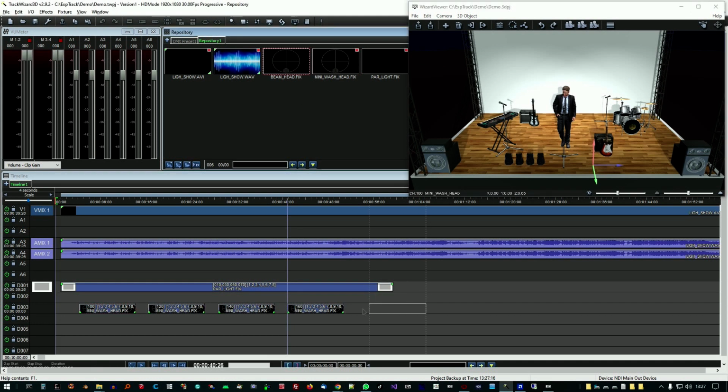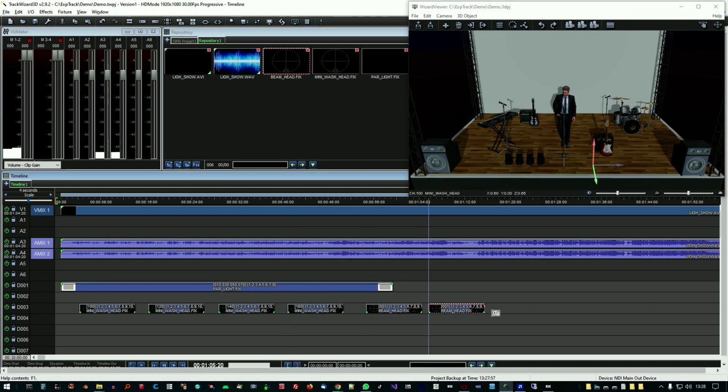Then let's add some beam heads to create some light beam effects. The intensity of the light cones generated depends on the amount of fog present in the scene that we can adjust with the dedicated controls.